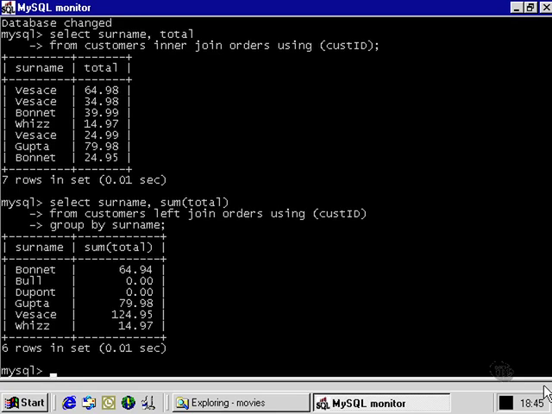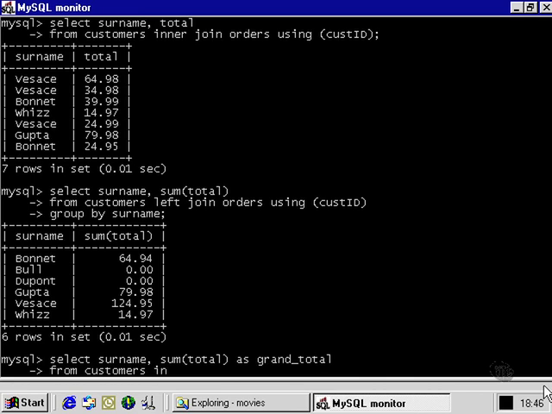Now, when we go to add an order by clause to that select query, what is it we want to order by? It looks like we want to order by the column called sum open brackets total close brackets, which is a bit of a mouthful. So when we come to write our select query again to reflect that order, we can use a column alias simply by writing as after the column that we specify in the list of columns at the beginning of the select query. Then we'll give it a name. Let's call it grand total